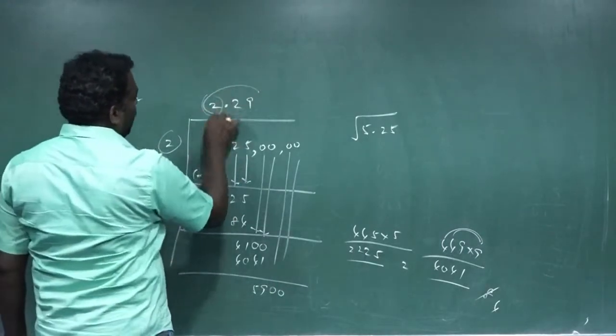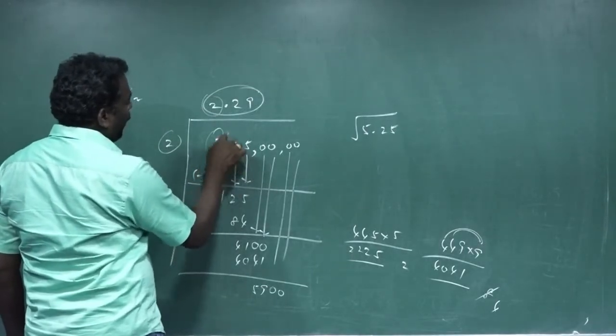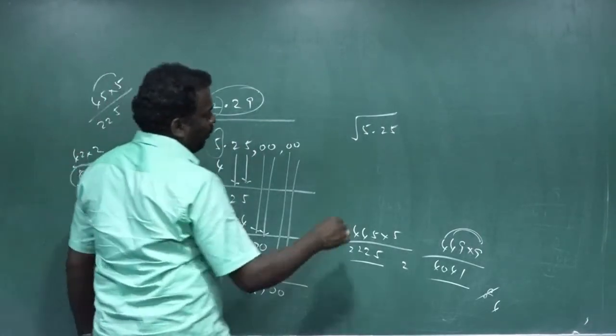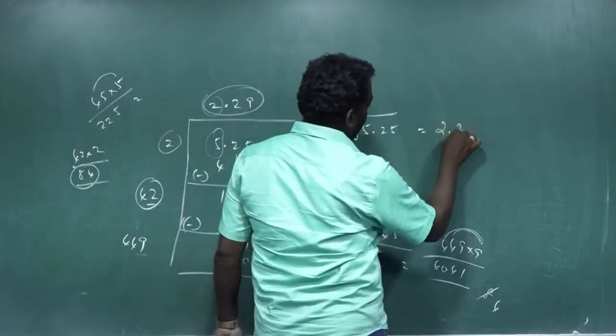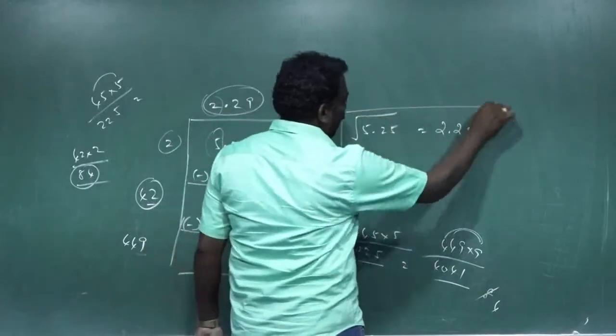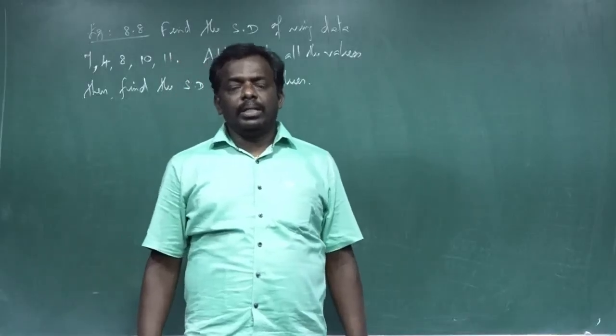Now we obtain the standard deviation, the square root of 5.25 value equal to what? 2.29. Therefore, the square root of 5.25 equal to 2.29. And this is the method to find out the square root. After that, find out the series simplification. To the next example,